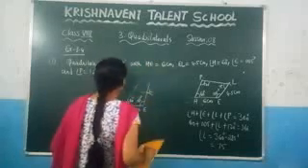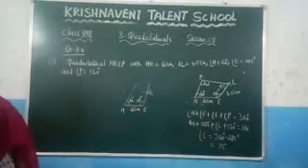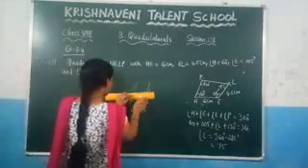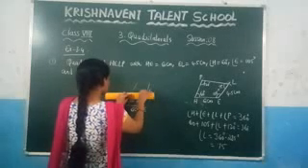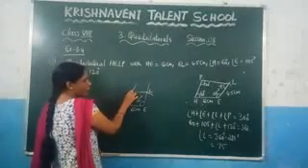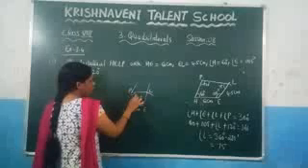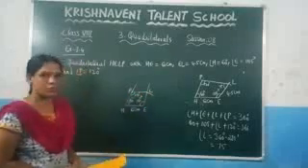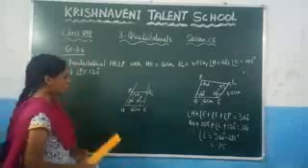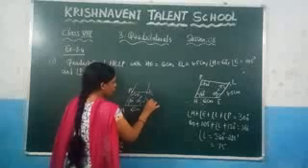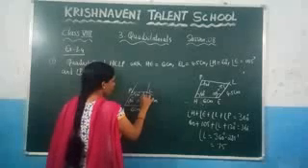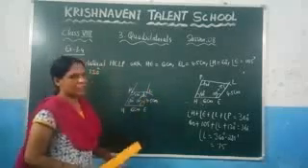So I have kept one point. Now you can join this point and this point. Right? So here where it is touching, that will be point P. This should definitely be equal to 120 degrees. Like this you need to construct the quadrilateral if you have been given 3 angles and 2 adjacent sides. So what are the lengths they have given here? 4.5, and after that they have given 75. Like that you can construct the quadrilateral.